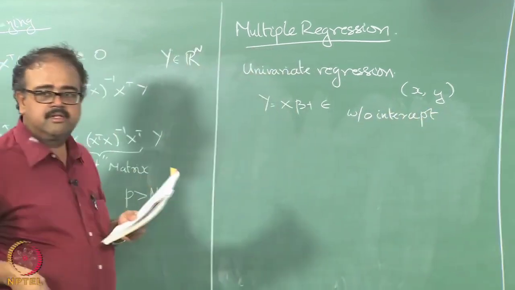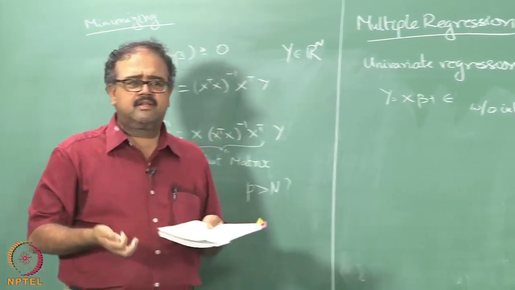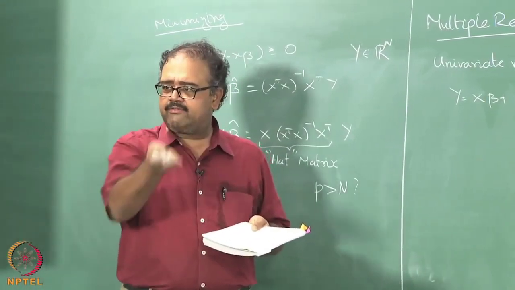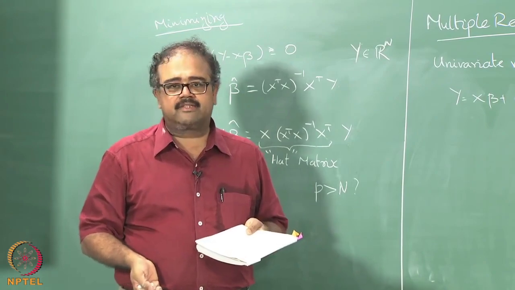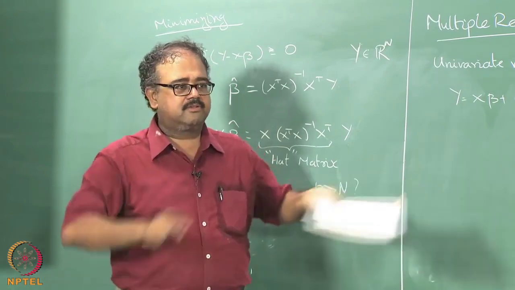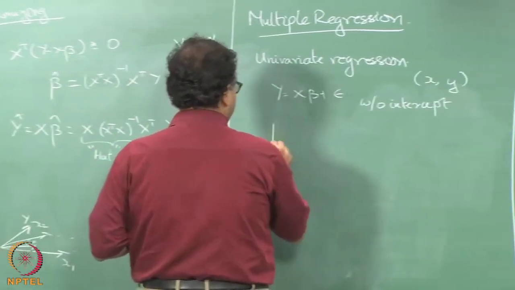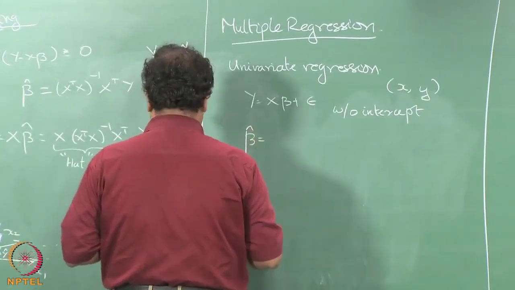So, without the intercept. Why is it called the intercept? The constant value you add is the value where it will cut the y axis, that is why it is the intercept. So I have no intercept, that means there is no beta naught here. Now this one beta is given by